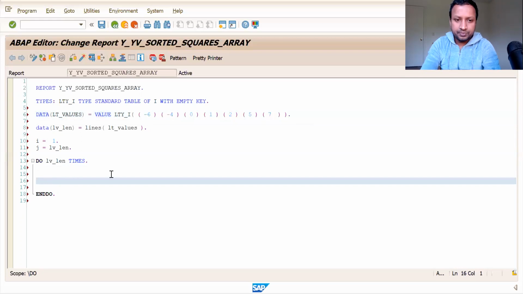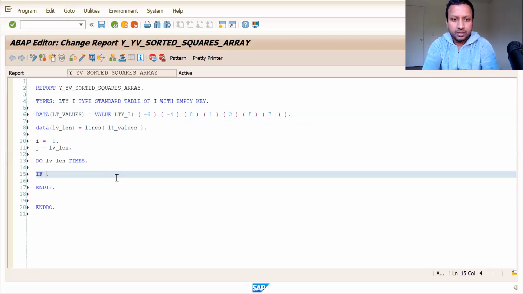So if LT underscore values of I, that is the first index, is greater than or equal to LT values of J, J is the last index.